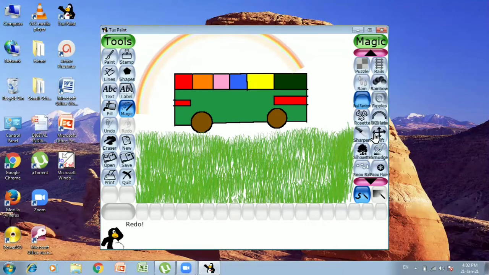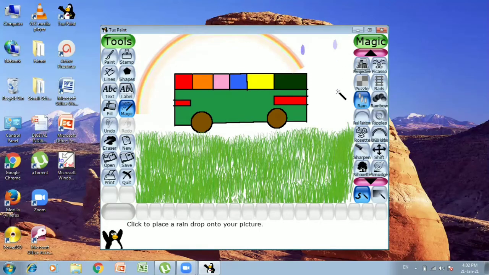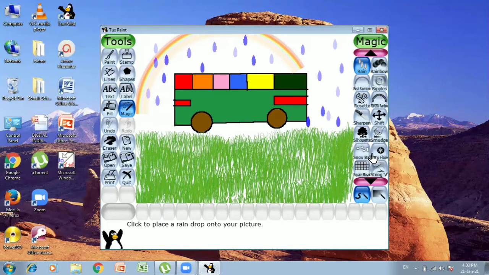Okay. Now, if you wish, you can add raindrops also here. Wherever you click, it will show you some drops like this. If you click it once, then it will be of light color. If you click it twice, the color will get darker. At the same place you have to click. Okay, so this way. Now let us add more effects.